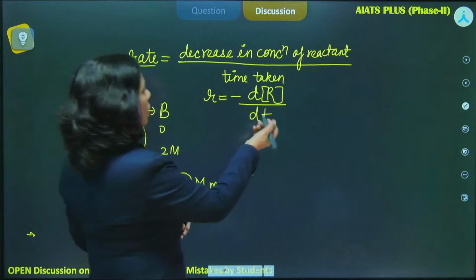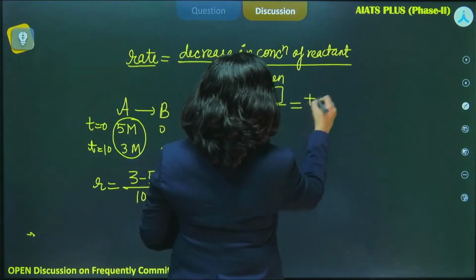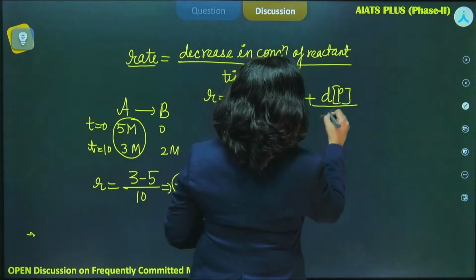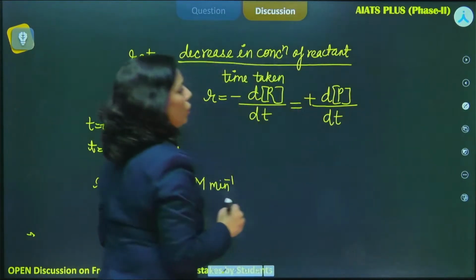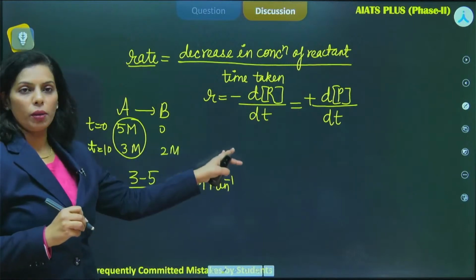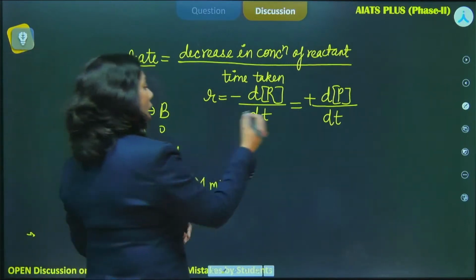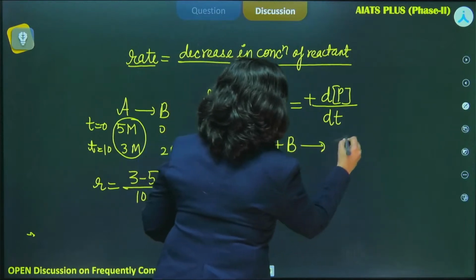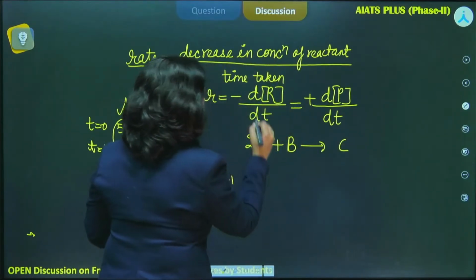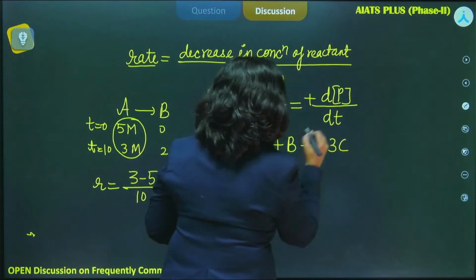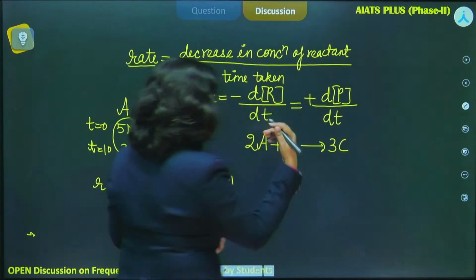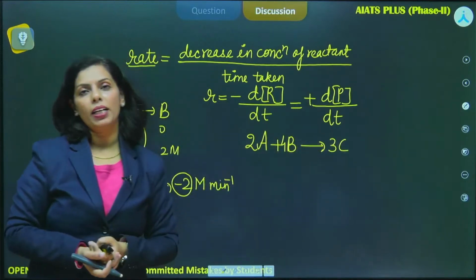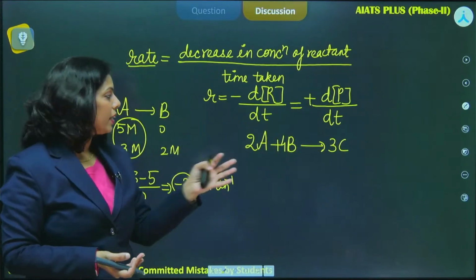Okay. Now suppose with respect to product you need to mention, then what will you do? Change in concentration of the product with respect to time you will do. Okay. So this is how we represent. Now suppose you have a balanced chemical equation this way, and here 2 is mentioned, here 3 is mentioned, here 4 is mentioned. Now suppose with respect to this balanced chemical equation, if it is asked that find out the rate, then